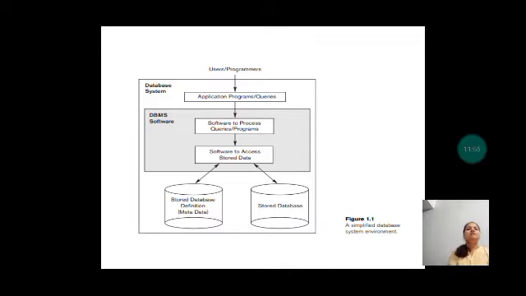And there will be the software to access the stored data. That software will search in the database whether the data requested by the user or the programmer is available in my database. If it is available, then it will go to that place, and whatever data the user or the programmer has requested will be retrieved and shown to the user again, right? So this is regarding the database system environment.